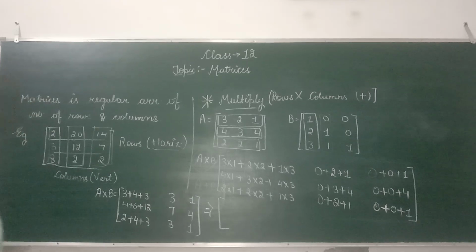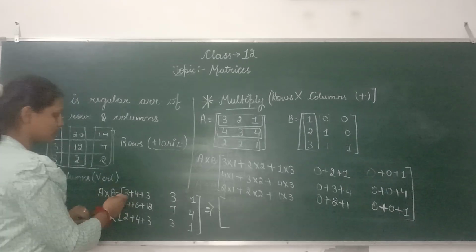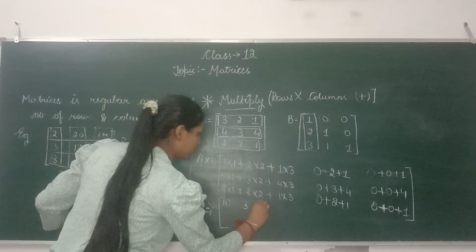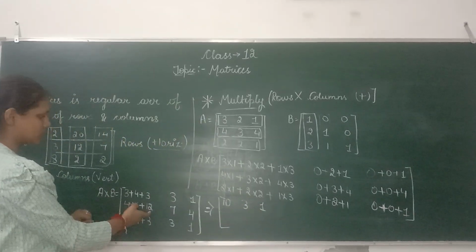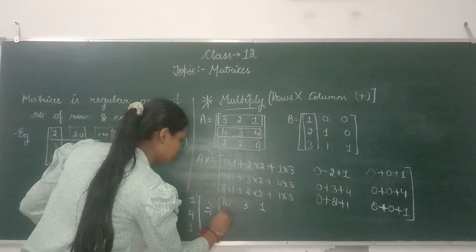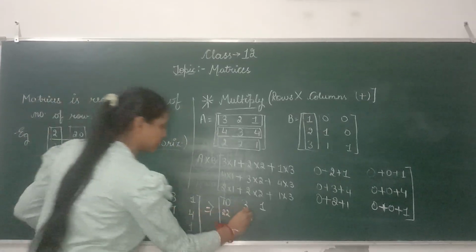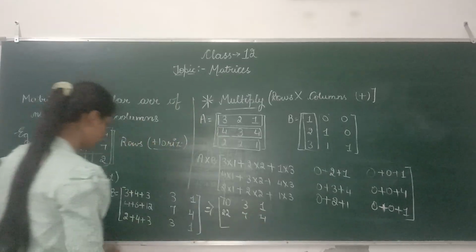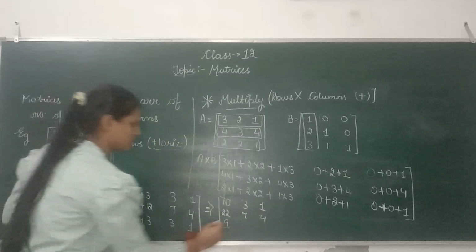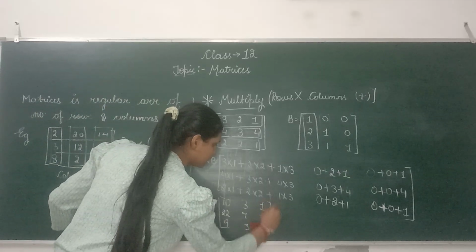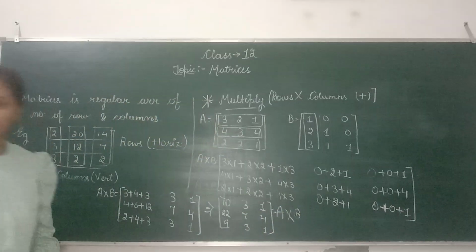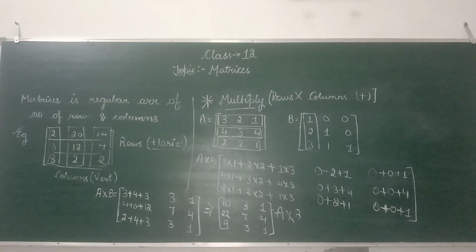By adding these three equations, 4 plus 3 is 7 plus 10, 3, 1, 12 plus 6 is 18 plus 4 is 22, 7, 4, 7, 9, 3, 1. So this is the matrix A multiplied by B. So in the multiplication you have to,